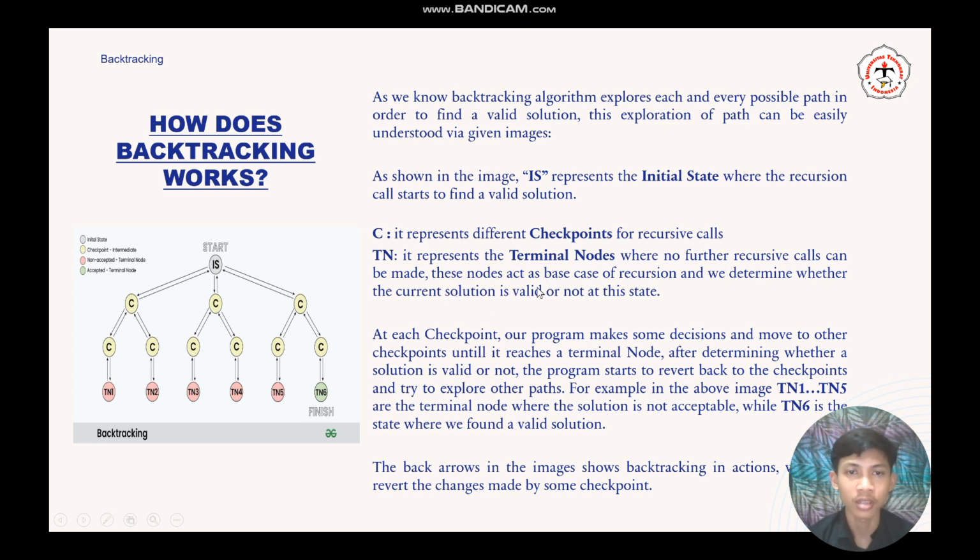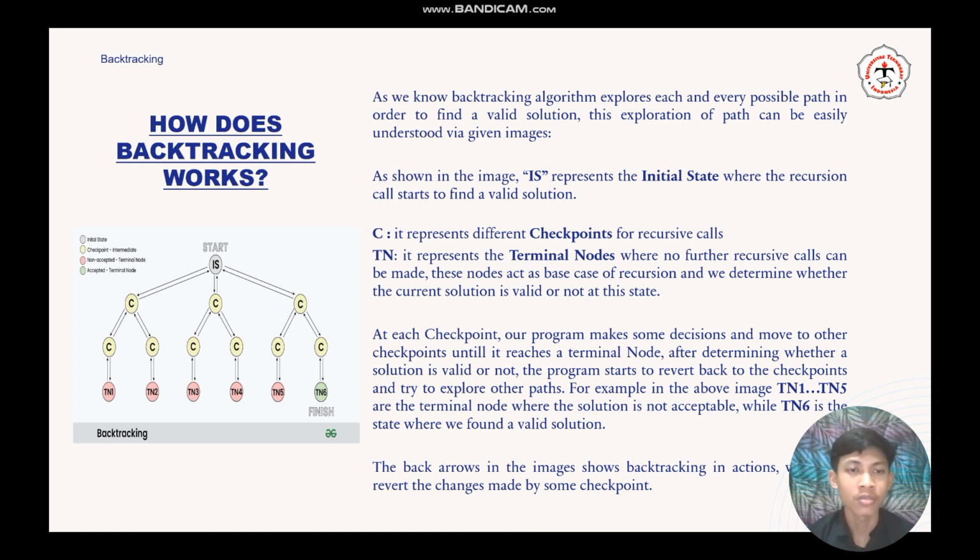These nodes act as the base case of recursion, and we determine whether the current solution is valid or not at this state. At each checkpoint, our program makes some decision and moves to another checkpoint until it reaches a terminal node, after determining whether a solution is valid or not.